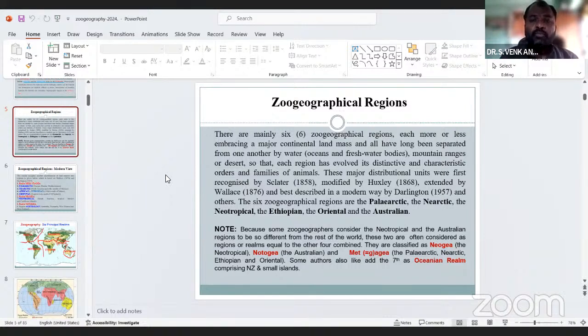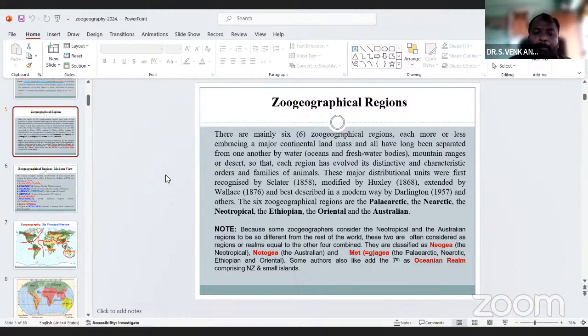Scientists divided the entire living surface layers of the planet Earth into particular regions and places. Sclater gave these names in 1858, modified by Huxley in 1868, extended by Wallace in 1876, and lastly the modern Darlington in 1957, who considered the particular locations and boundaries. They are called the regions, which give the names Palearctic, Nearctic, Neotropical, Ethiopian and Oriental regions.